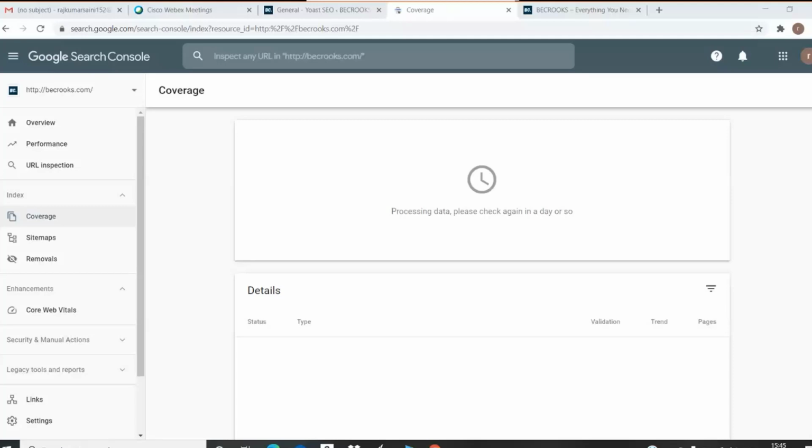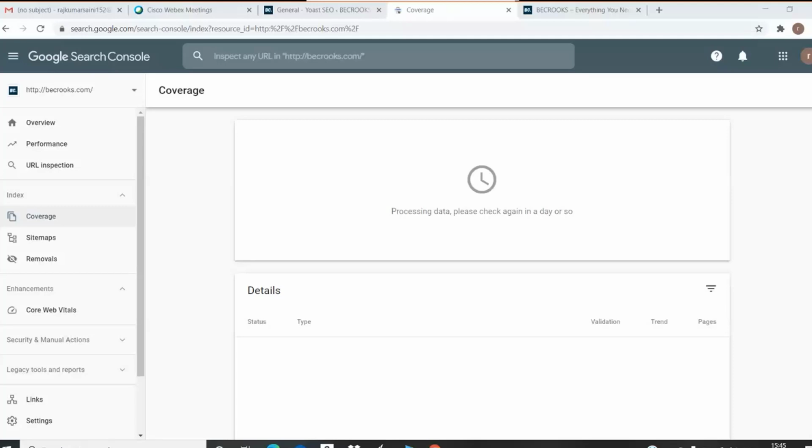Those are known as anchor text. So it would tell you great information about backlinks. If there are any security related issues, it would tell you under the security section. As you can see, there is a security and manual actions section. Fine. So all this data is going to be populated over here.